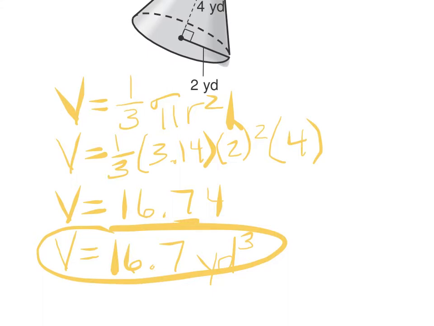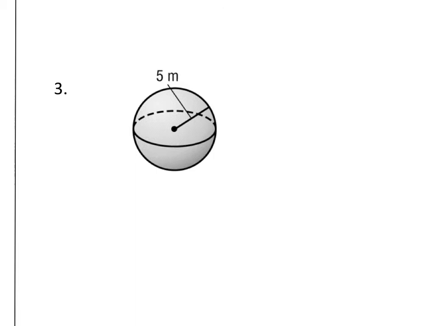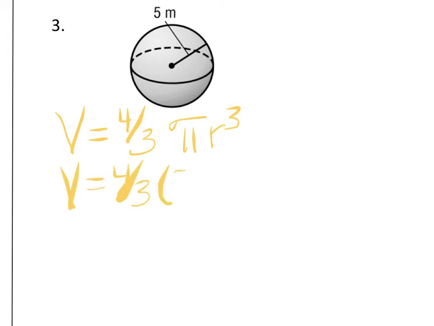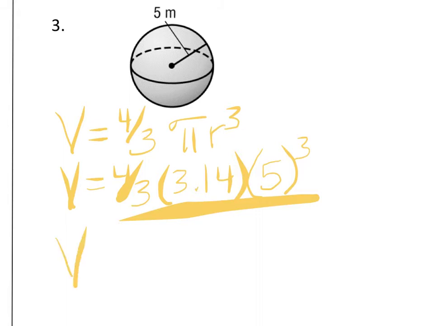Let's look at our next example. In the next example, we have a sphere. So we're going to use the formula for volume of a sphere. And it's 4/3 times pi times the radius cubed. In this problem, we know the radius is 5 meters. So we'll use 3.14 for pi and 5 for our radius. Don't forget to cube it. So we can multiply all of that together, and our volume turns out to be